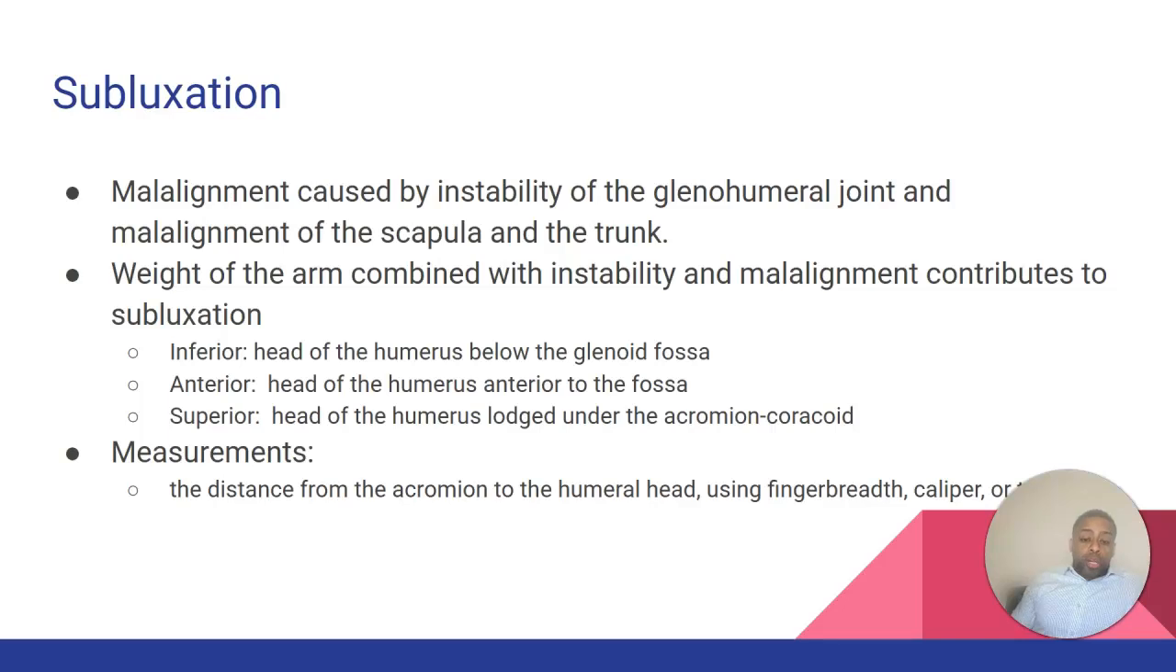How do we measure subluxation? Clinically, the easiest way to measure would be to measure the distance from the acromion process to the head of the humerus, and you use your finger breadth. You can use a caliper, you can use tape. Most of the time we use our fingers and we describe it as 1 finger breadth or 2 finger breadth subluxation. Of course, x-rays can be done as well to document the extent of the subluxation, but the easiest way to do it is to use finger breadth